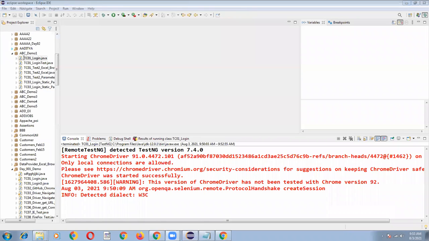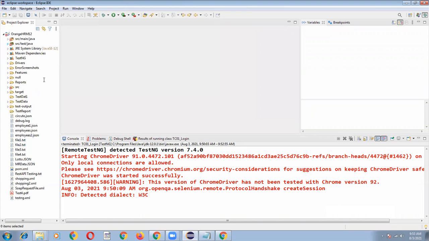Suppose they give you a project and you need to understand the functional flow, how the methods and everything are working. You need to start your main test case execution in debug mode. Then you can see where the browser launching code has been implemented, where the methods have been implemented, and from which Java class each method comes. So it's easy to understand the functional flow. Okay, now let me go to the hybrid framework.